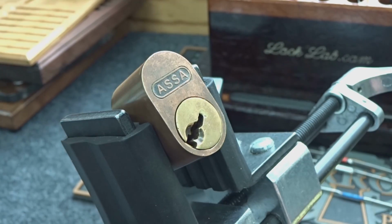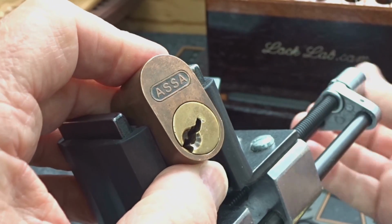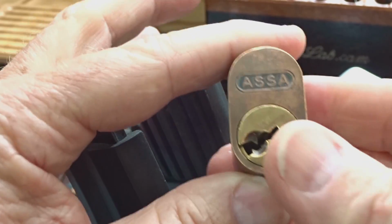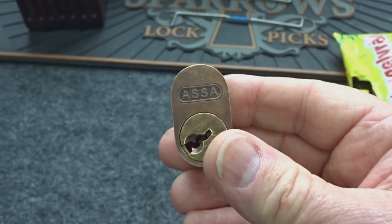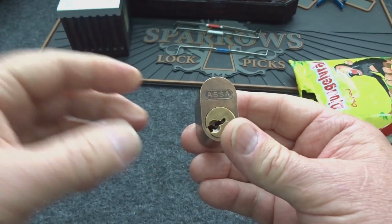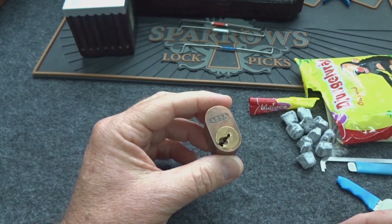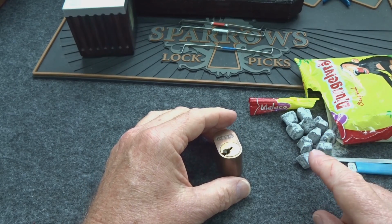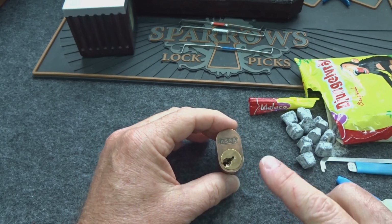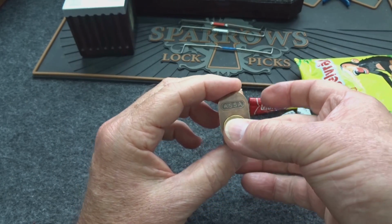And there we go. All right, let's take a look. Assa's very nasty locks. Even though this one is old, still got some interesting pinning in it. These guys can be a challenge, I won't lie to you. I'm lucky this is only 5 pins. I did look in there and I saw some weirdness on pin 1, but I was distracted by the monkey pellets and I didn't get a chance to talk about it. So there are some handmade security pins in this guy. Let's go ahead and lock him back up